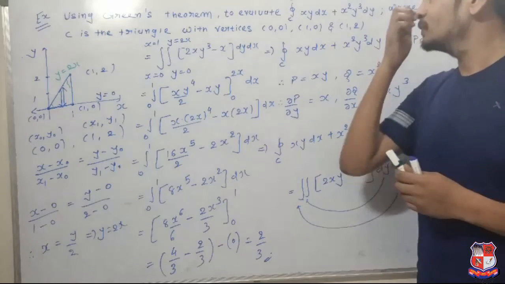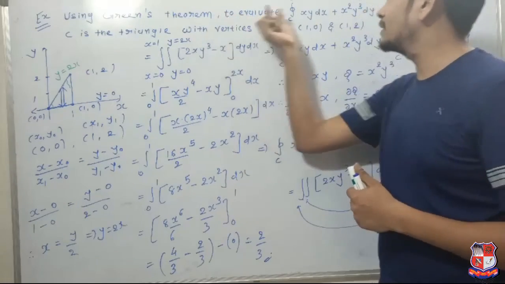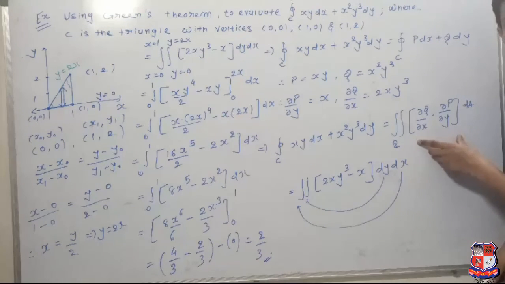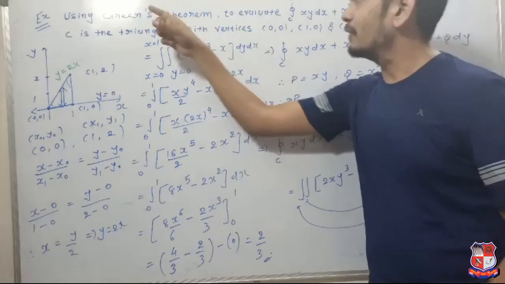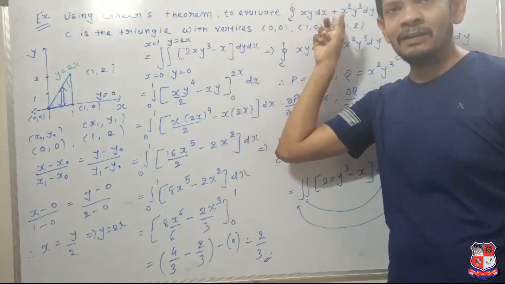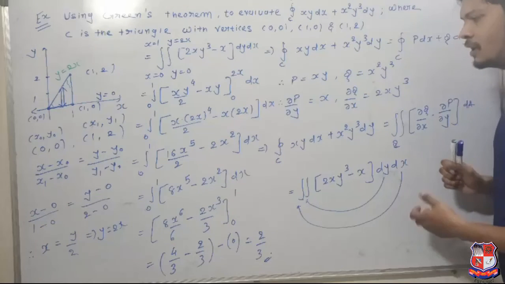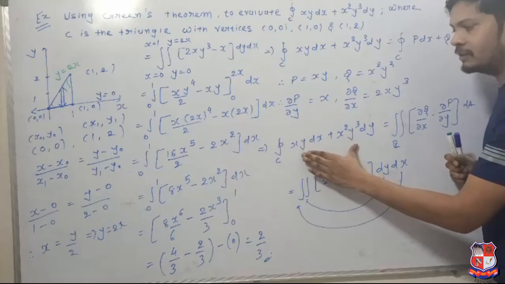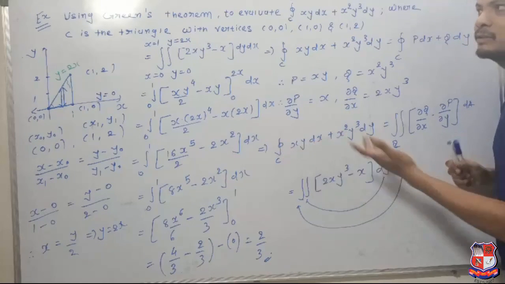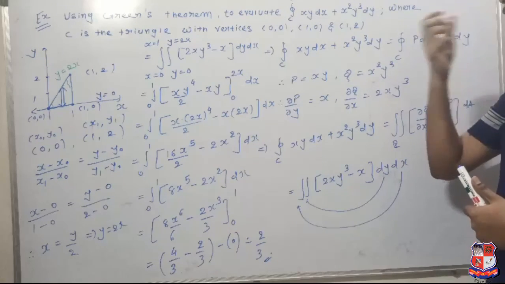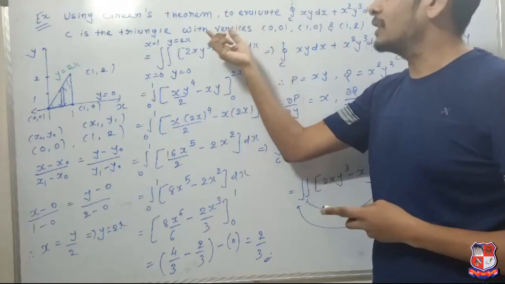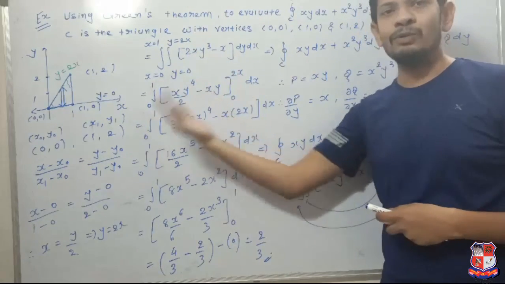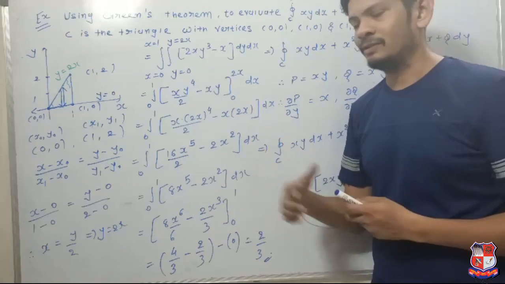So when the question is like evaluate this integral by using Green's theorem, in that case we need to find only the right hand side. And if the wording is like verify Green's theorem for the given integral, at that time we need to compare both sides, the left hand side as well as the right hand side. Also we have to find the line integral which lies on the left hand side. So please always properly see what the word is, evaluate or verify. In case of verify, we have to find both sides, the left hand side as well as the right hand side. Okay, thank you.